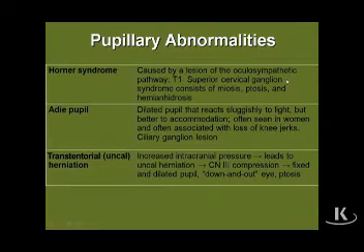Then, a couple other pupillary abnormalities. Horner syndrome, we know, is a lesion in any number of places that disrupts the sympathetic innervation of the entire face, scalp, as well as the orbit. And typically, if the lesion occurs in the peripheral nervous system, it affects a preganglionic neuron that's arising from the T1 spinal cord segment, or it affects the postganglionic neuron or the superior cervical ganglion, which contains their cell bodies. And typically, a Horner syndrome patient is always going to have an ipsilateral miosis, ptosis, and hemianhidrosis, regardless of where